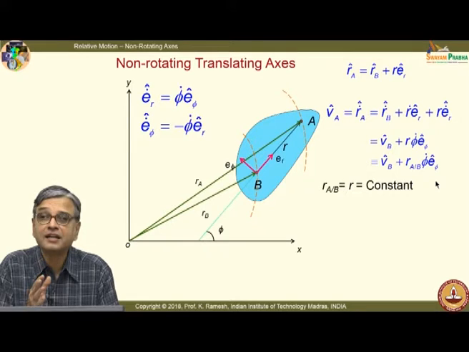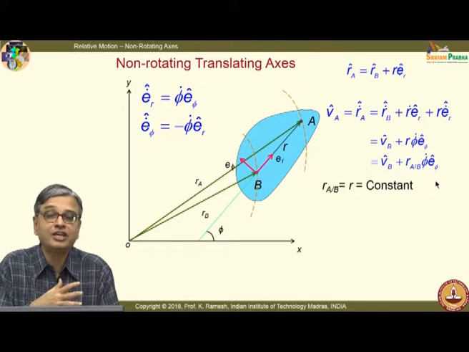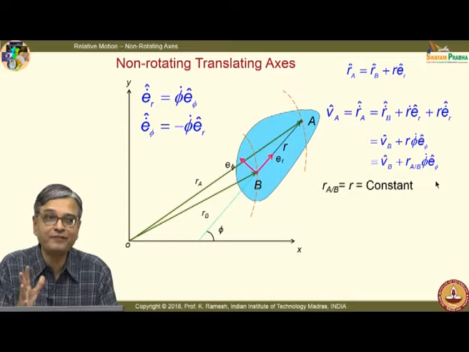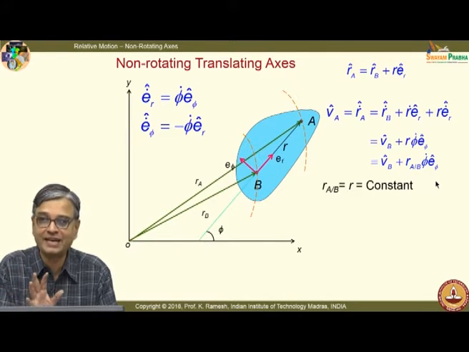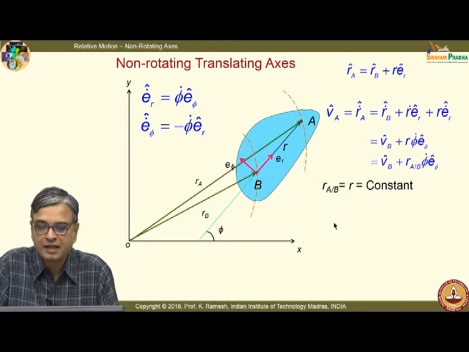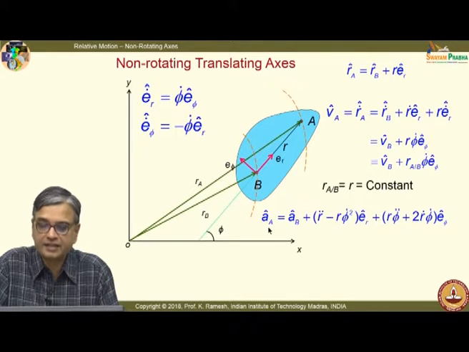Do you see that the equations of circular motion are coming into this? I have a complex motion, but this complex motion is now simplified and we are going towards that. We will have detailed discussion on that, fine. So, I have this first expression and you differentiate this, I get AA equal to AB plus R double dot minus R phi dot square ER plus R phi double dot plus 2 R dot phi dot E phi.